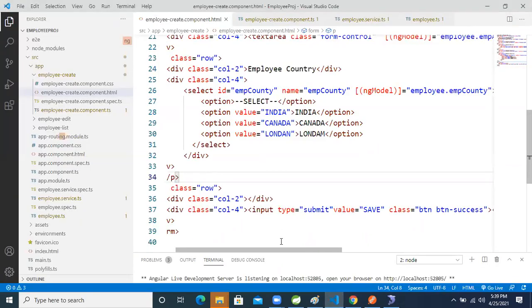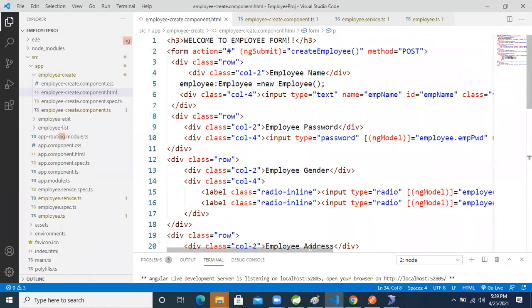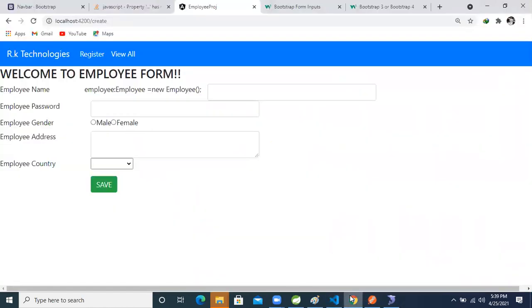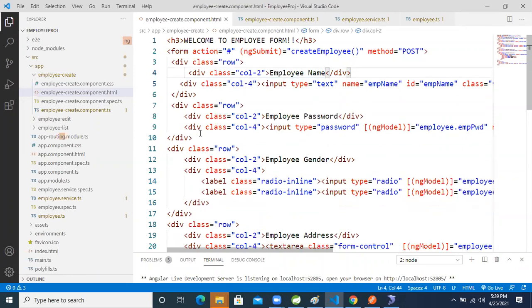Where is it coming from now? Employee name, employee colon. How is it coming here now?